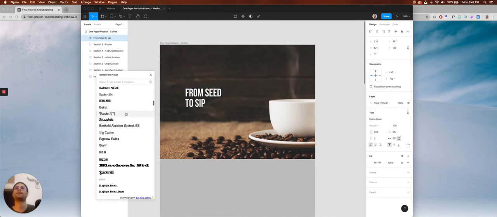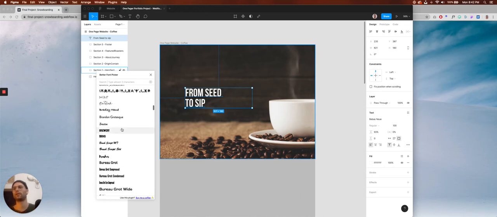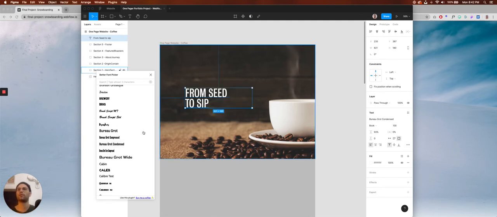Bebas is a classic. It's a good tried and true font when you want a condensed. Oh, Bureau Grotesque. Ooh. Bureau Grotesque condensed looks nice. That's so sometimes the whole fun of